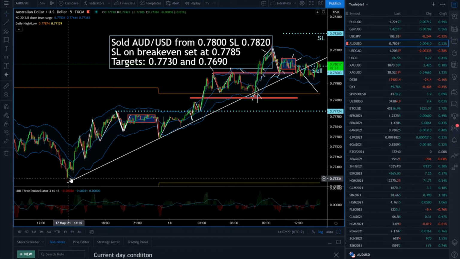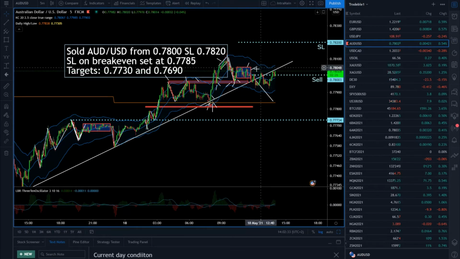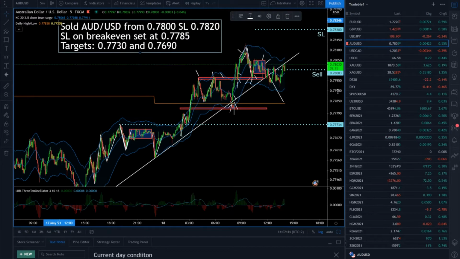On top of that, we broke the rising trend line, which was pretty active back from the yesterday US session. This trend line was holding, but then we got this consolidation kind of breakout of that trend line right here. We got that like an hour ago. So the idea behind this is that basically